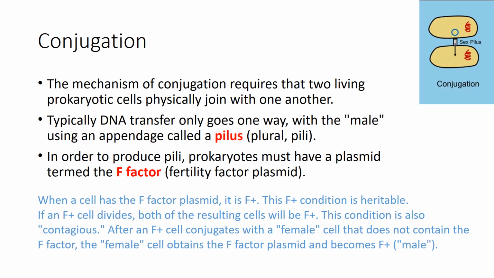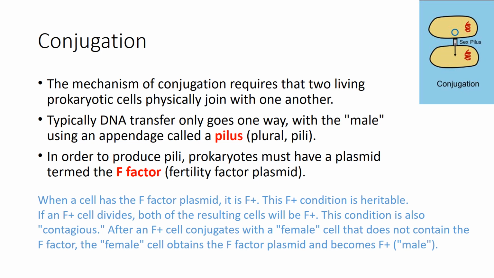Now some trivia for you. When a cell has the F factor plasmid, it is called F positive. This is a very GPAT relevant question. So what is F positive? How is a bacteria F positive, for example? Any bacteria which has the F factor plasmid is called F positive, and it is heritable. What does that mean? That means that if an F positive cell divides,